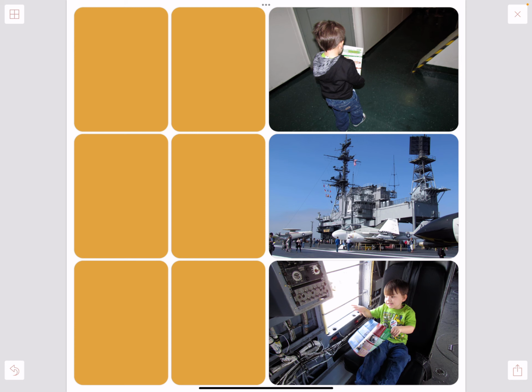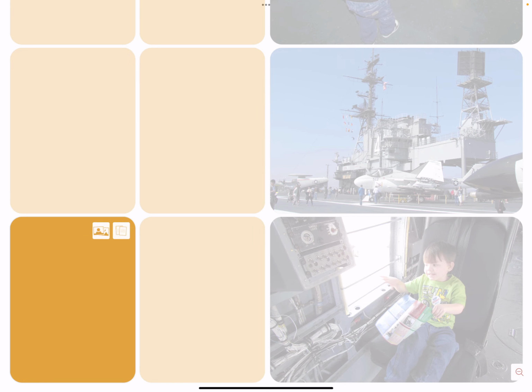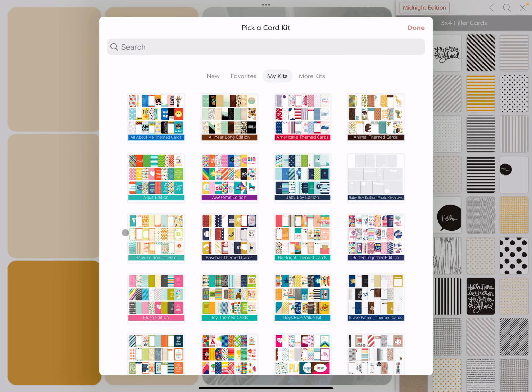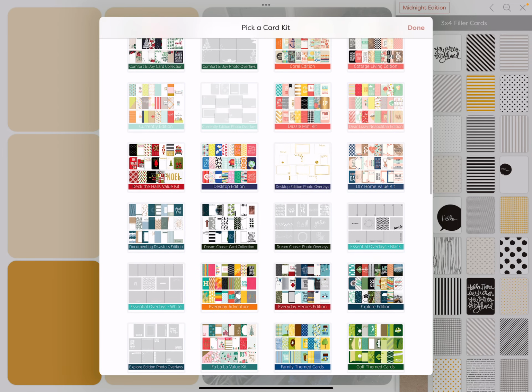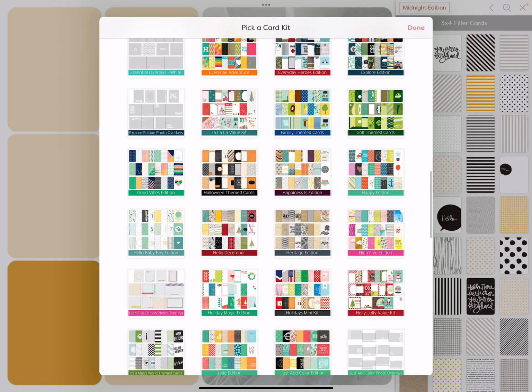Let's go ahead and add a card. So I clicked on a box and I'm going to click on the card. So what takes me the longest time is choosing out a kit. I mean, I have so many. I wish I could use them all, which I will eventually. But picking out cards is what takes the longest for me, because there's so many that I want to use. But this is just like a test, so I'm just going to go ahead and click on a kit